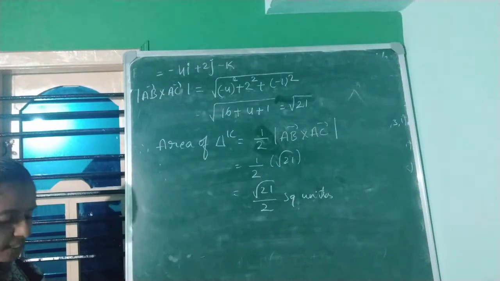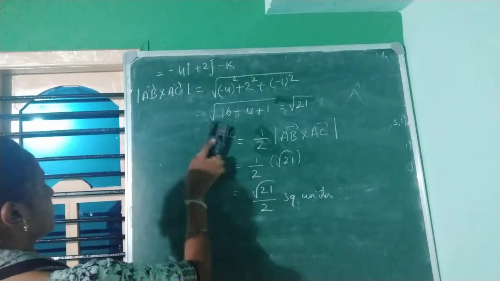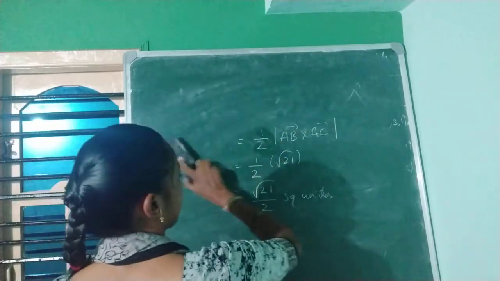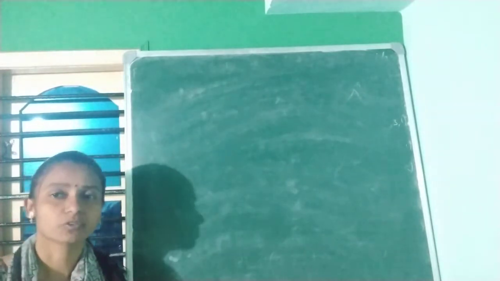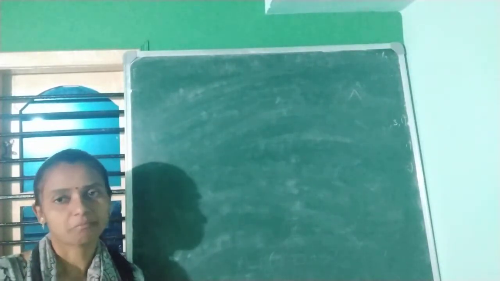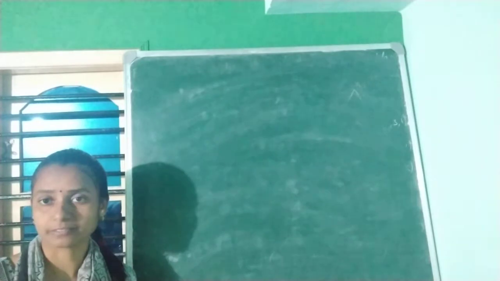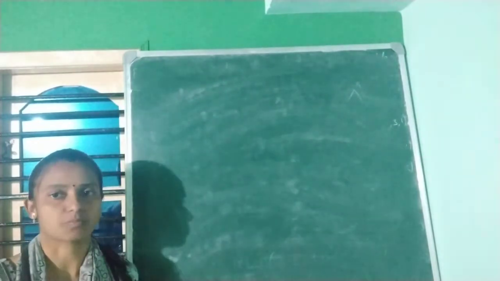So we just go with the last one. Find the area of parallelogram. So area of a triangle and area of a parallelogram are almost the same. Only thing is, in an area of a triangle you will get the magnitude of the cross product of two vectors divided by 2. But in parallelogram you will not get 1 by 2. So you need to do only a cross product of given two vectors and their magnitude. Okay, that is what the difference between area of a triangle and area of a parallelogram in a cross product.